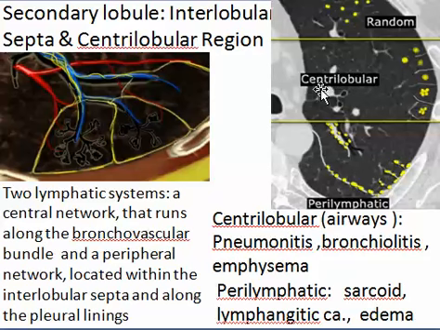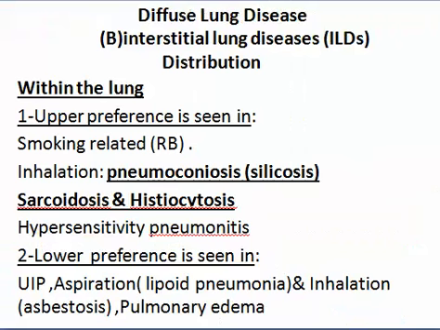Centrilobular means around airways, and perilymphatic could be along fissure, could be interlobular, could be intralobular, like this. This is called the perilymphatic. Of course, the sarcoid is a good example for perilymphatic, while infiltration within the lung is centrilobular, a good example is pneumonia and emphysema. Also, emphysema is not considered interstitial disease. So the distribution is very important. We finished the patterns